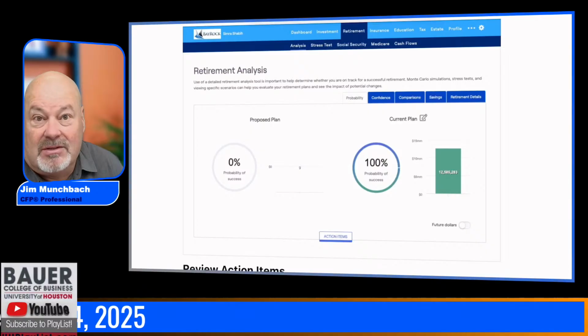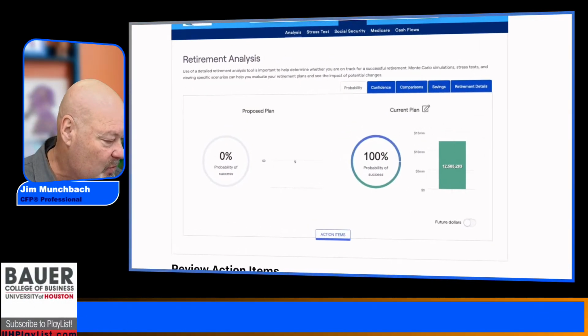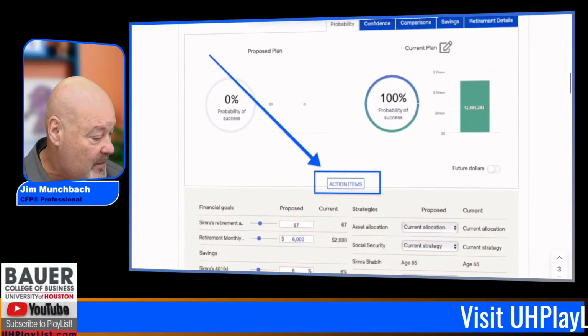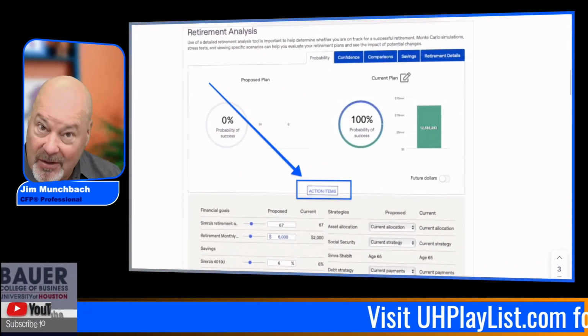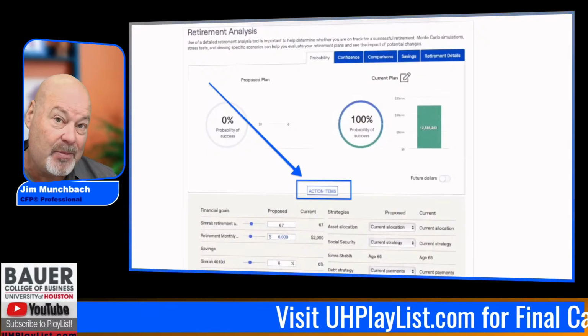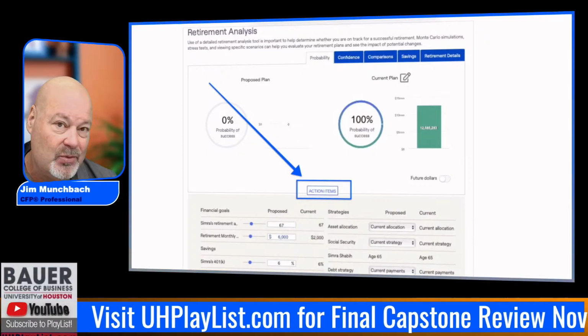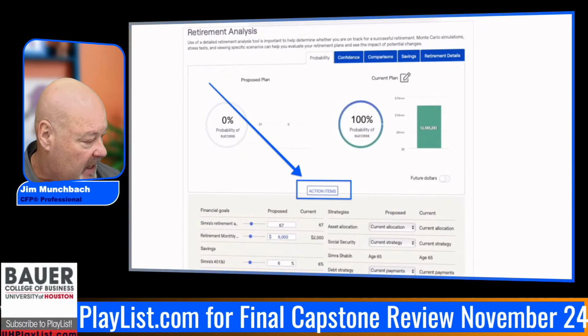That's in a range that's very reasonable. So we'll talk about that for a minute. Now I'm just showing you what's in the assignment. In a minute, I'm going to jump right into RightCapital, where I will be playing with a couple of plans. You will want to do the same with your plan.